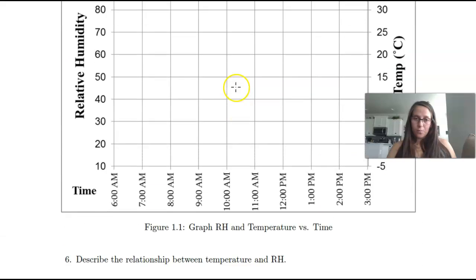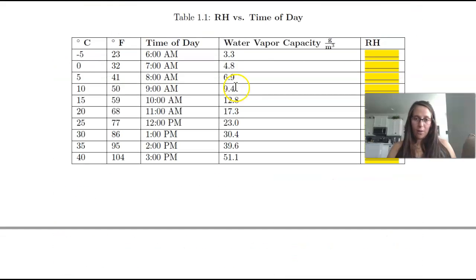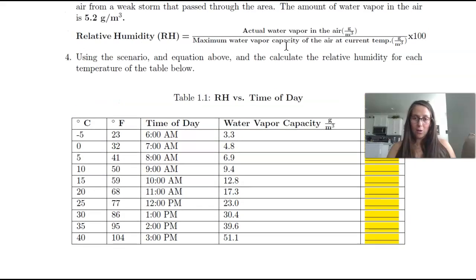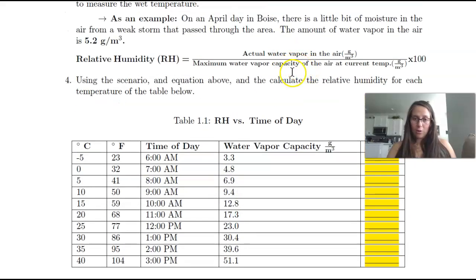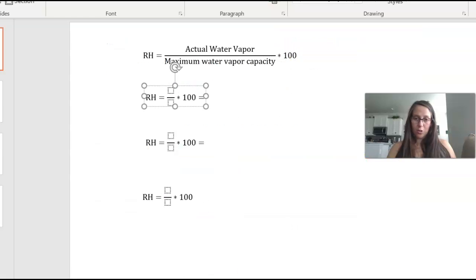So basically, if you find out what the water vapor capacity is at 20 degrees C, and you input that down here, and you have the relative humidity here, you can solve for the actual water vapor in the air. So you would just say, instead of